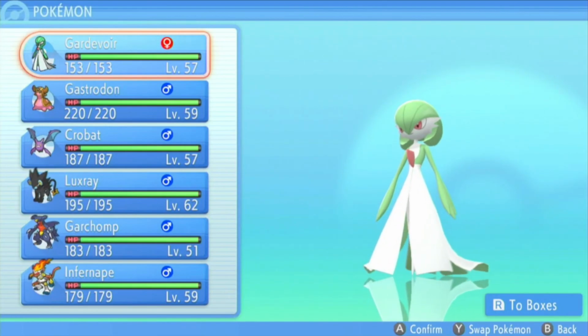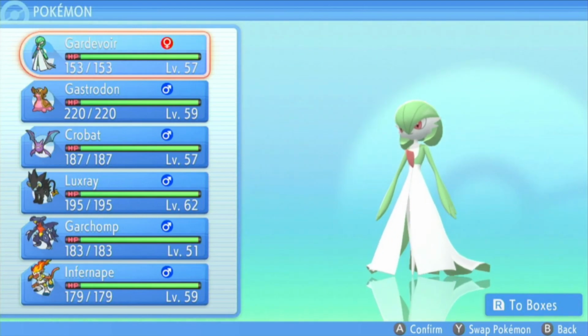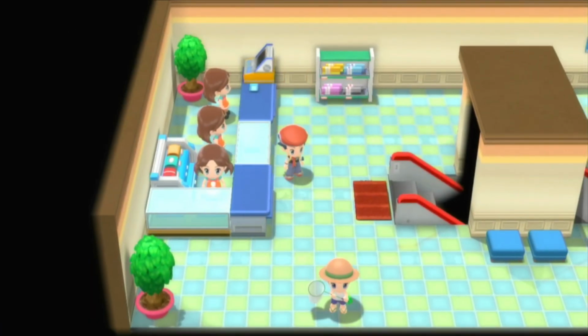Hey everyone, so I just got done beating Cynthia on my second playthrough. I bought both games because I don't have any friends. I wanted to talk to you about a strategy that I made, specifically using Gardevoir and Gastrodon. Now both of these you can catch in the Grand Underground, and I'm going to quickly show you,